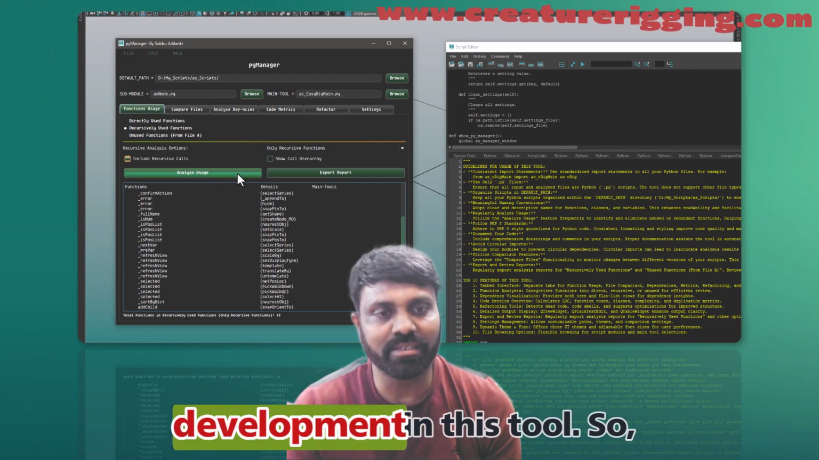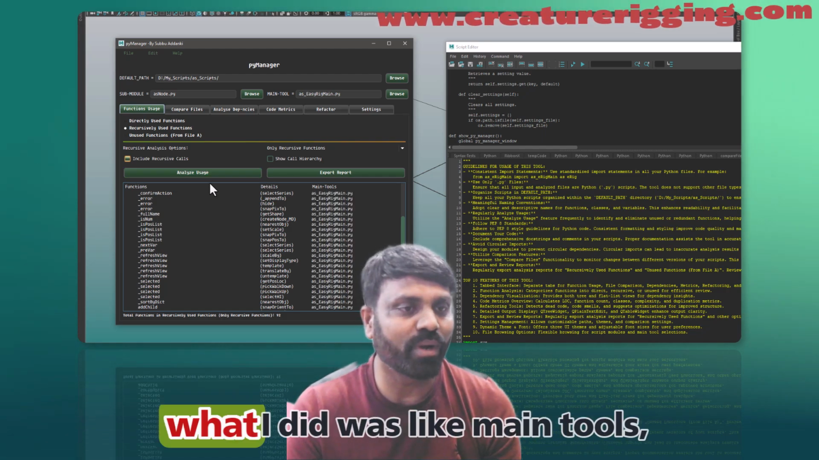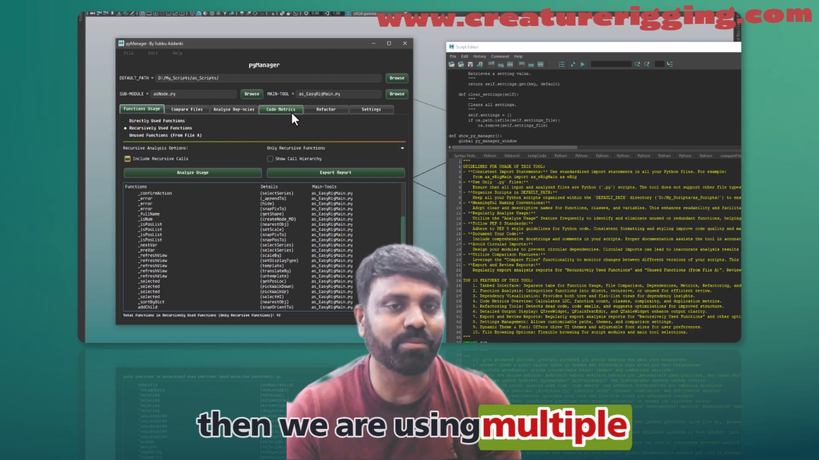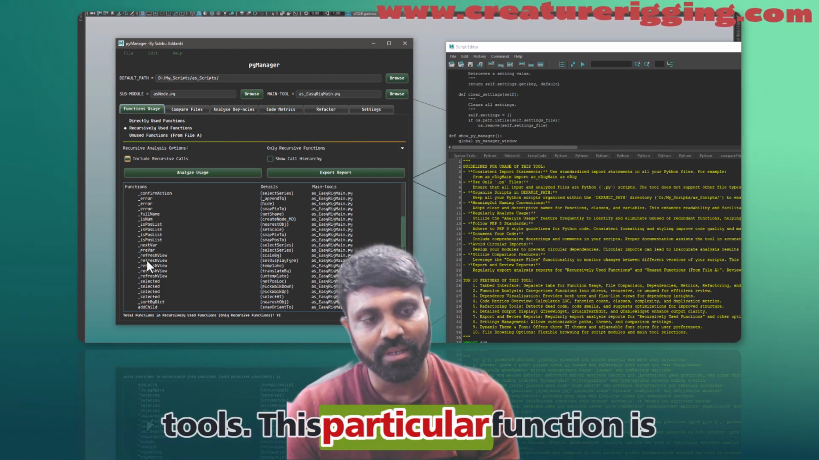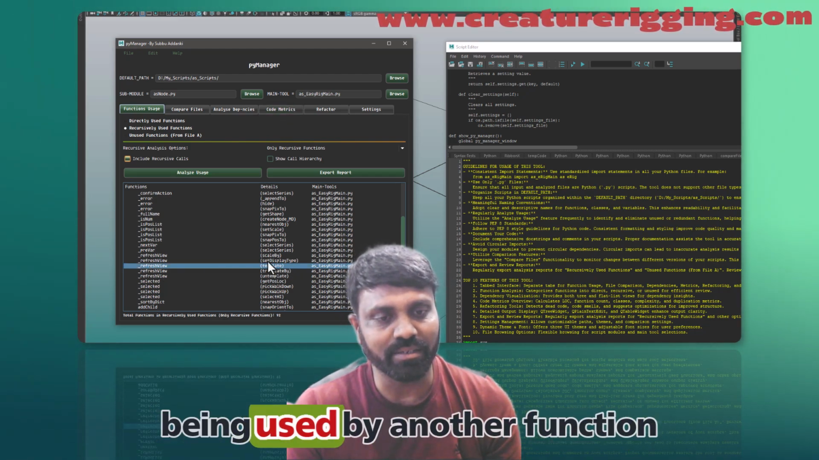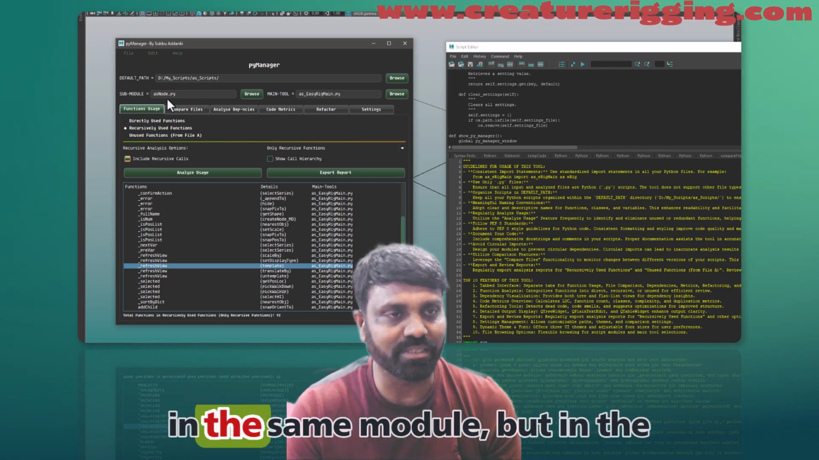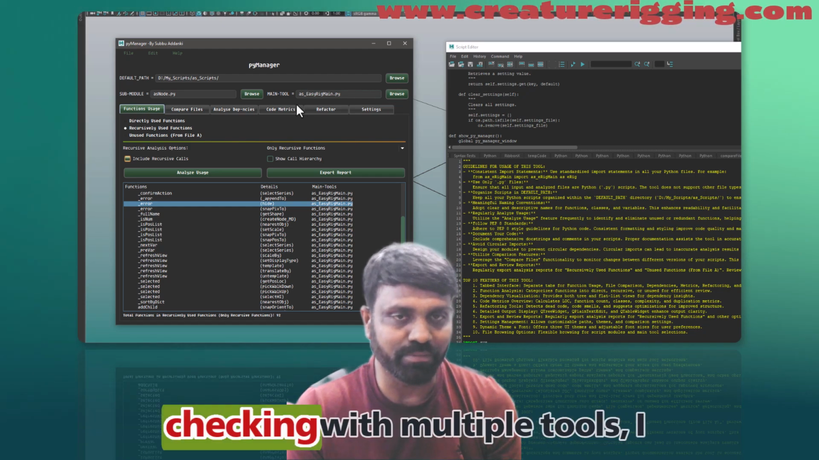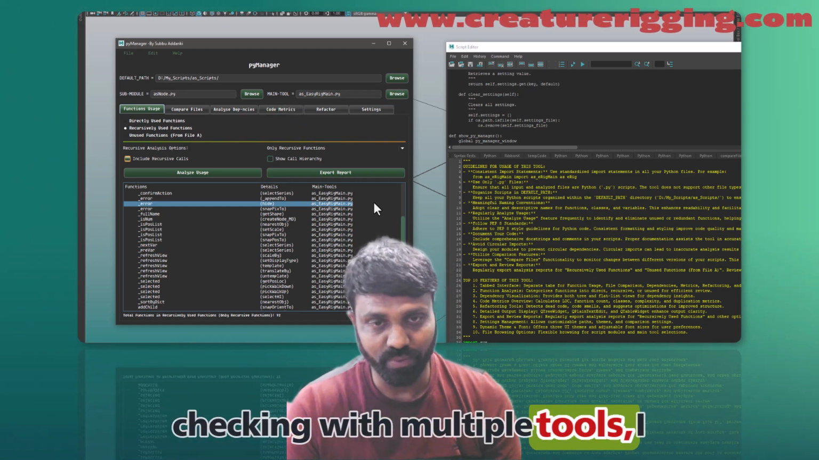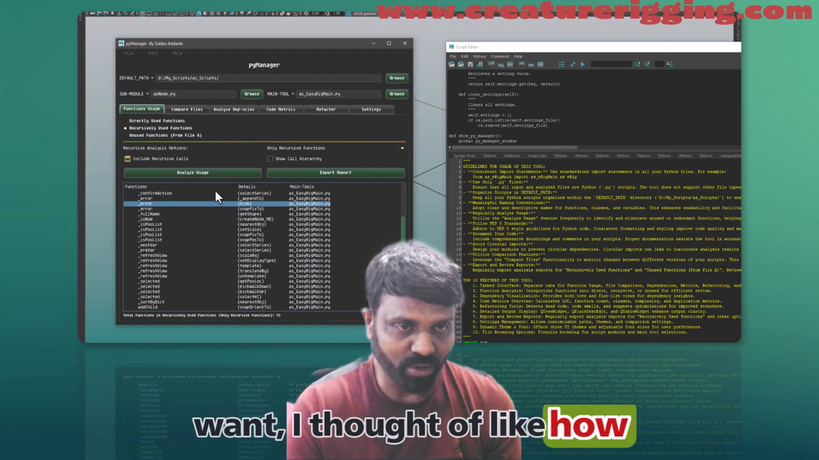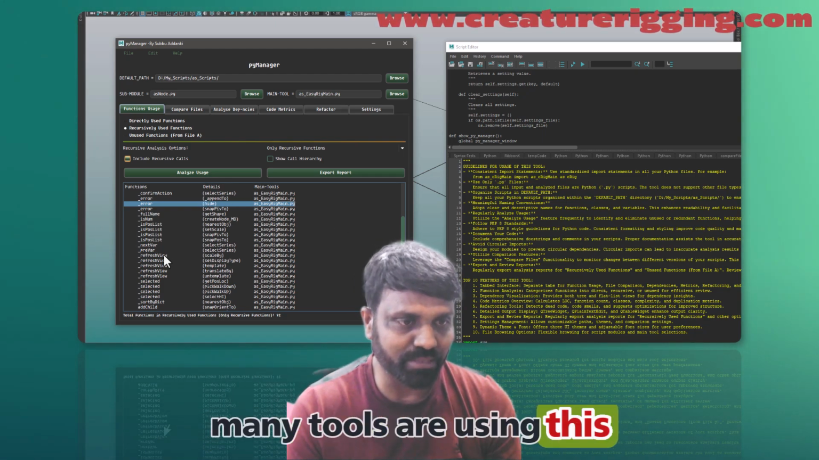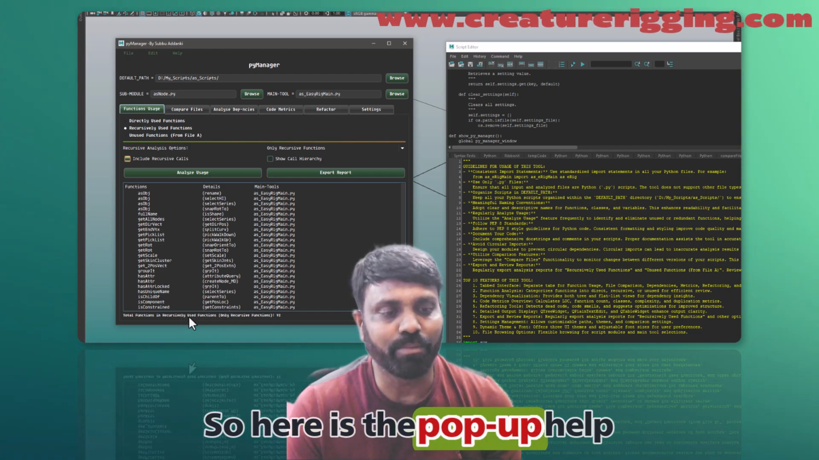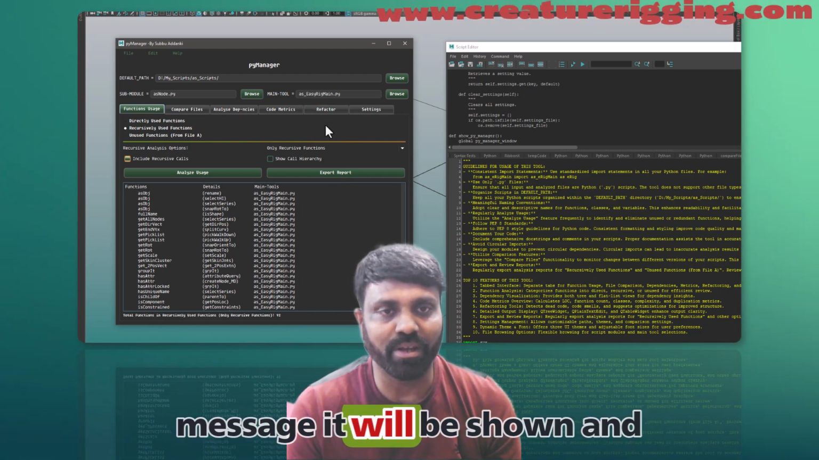with the recent development in this tool, what I did was, in the main tools, when we are using multiple tools, this particular function is being used by another function within the same submodule. But in the main tools, when we are checking with multiple tools, I thought of how many tools are using this particular function. So here is the pop-up help message, it will be shown. And now let me check